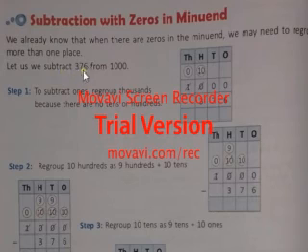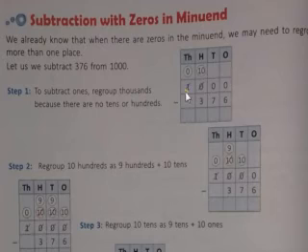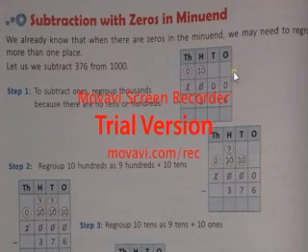Let us subtract 376 from 1000. When we subtract 376 from 1000, what happens? Let's see. 1000 is bigger, so it goes at the top, with 376 below. Now from 0, 6 cannot be subtracted. Now again, 0 cannot take a carry from 0. 0 is itself 0, then how will it give to him? This is also 0, how will it give to him?